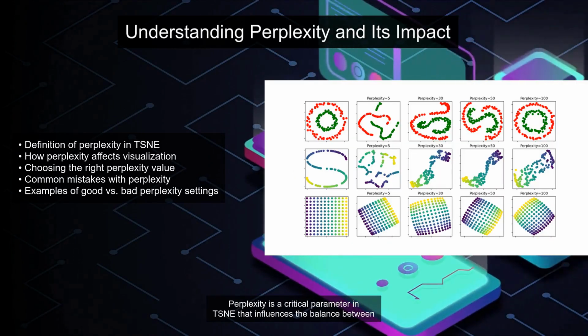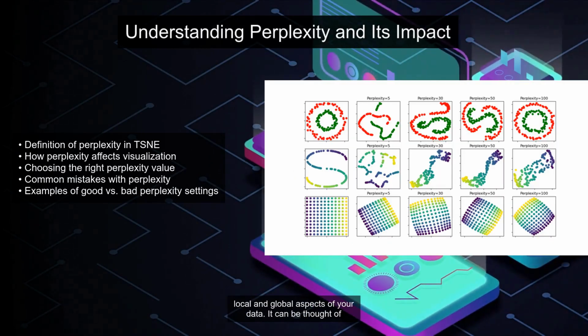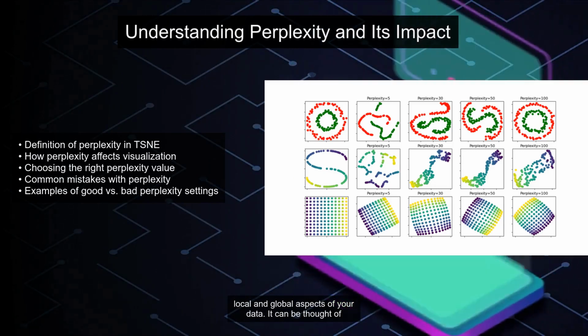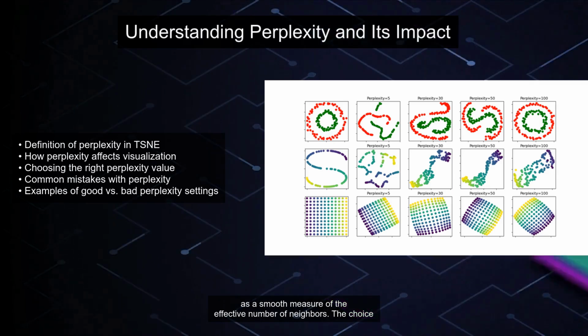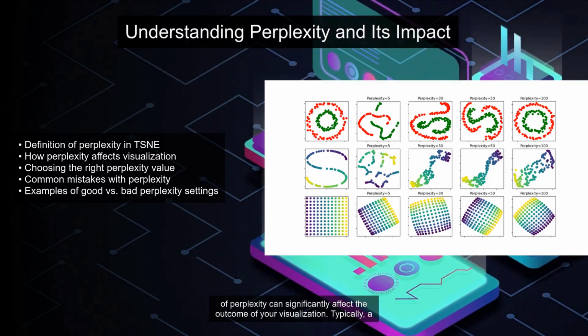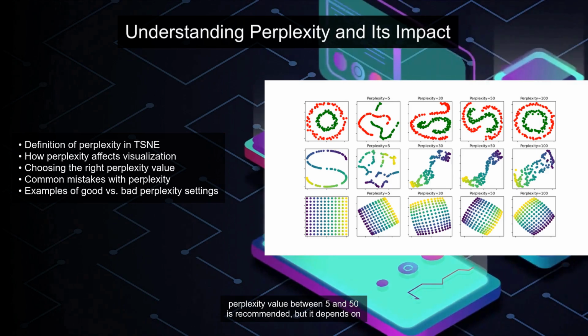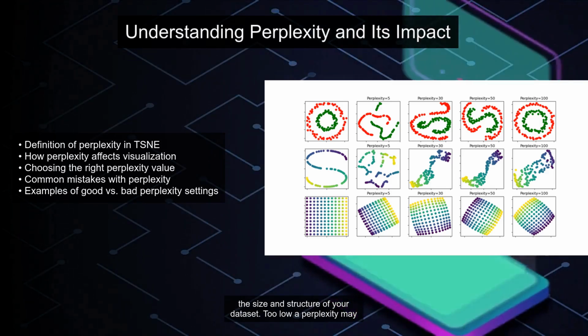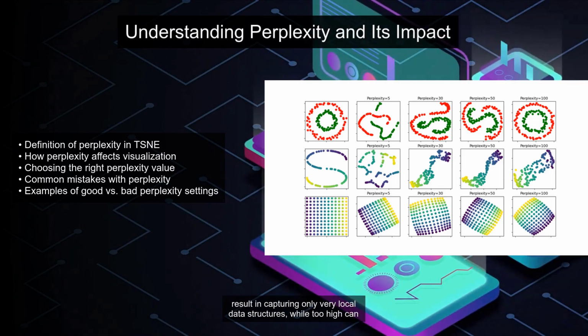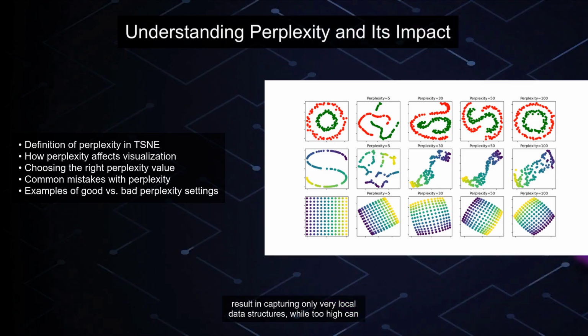Perplexity is a critical parameter in TSNE that influences the balance between local and global aspects of your data. It can be thought of as a smooth measure of the effective number of neighbors. The choice of perplexity can significantly affect the outcome of your visualization. Typically, a perplexity value between 5 and 50 is recommended, but it depends on the size and structure of your dataset. Too low a perplexity may result in capturing only very local data structures, while too high can blur the